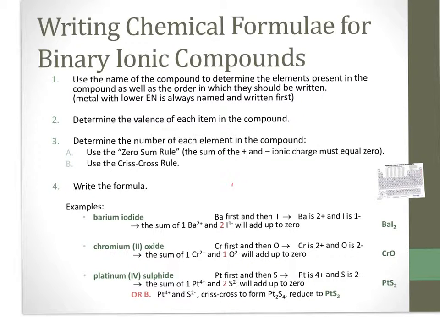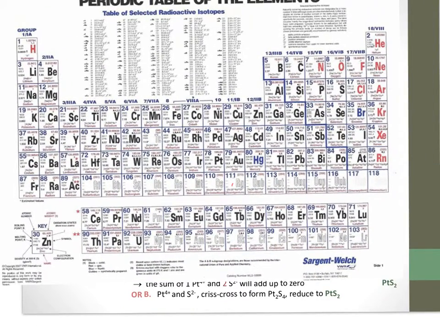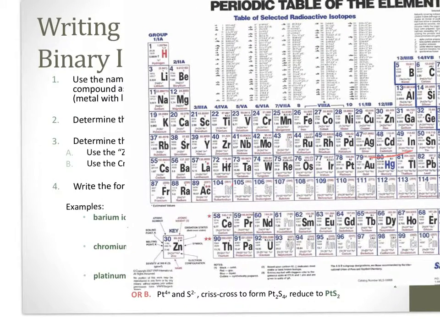So first of all, you take a look. Barium comes first, barium's going to be first. Second comes iodide, and therefore iodine comes second. Now iodide is an ion and it has a charge. What charge is it? Taking a look at the periodic table, you will see that iodine is in group 17, and therefore its ionic charge will be -1, whereas barium is in group number 2, so its ionic charge will